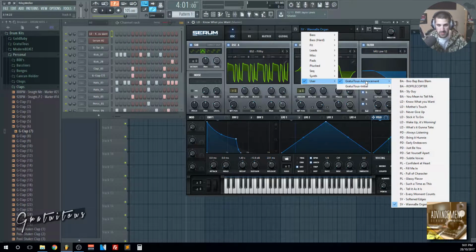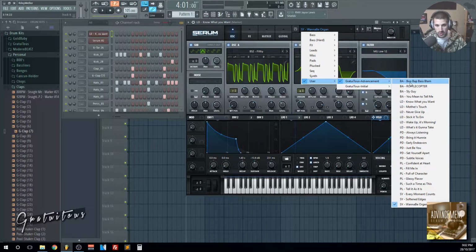This one is called Advancement. I got a whole bunch of basses in here, some lead sounds. I really like how the pads turned out in this pack. We're gonna go through the sounds. I'm gonna play them for you, and then I'll also play a little drum loop with some notes that I programmed in. We have some plucks, and some synth sounds. I didn't really know what else to label them as. So let's get into it, I guess.